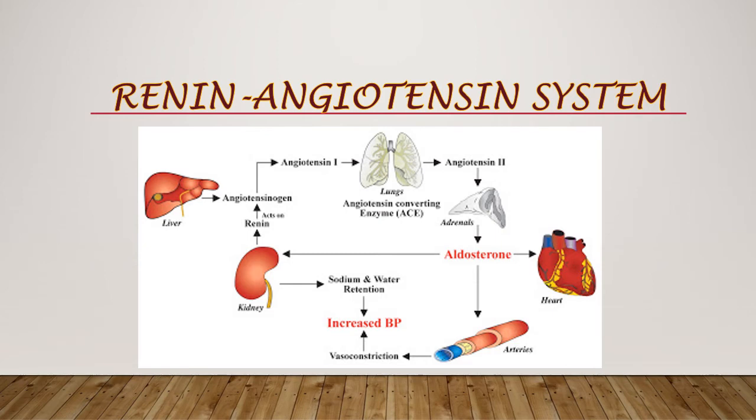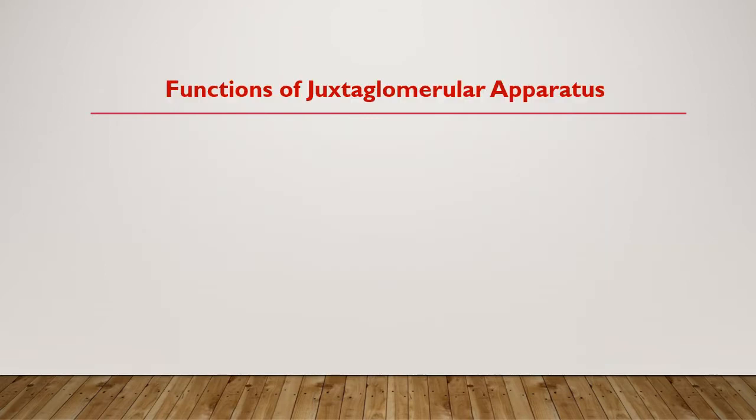So here I will tell you about the renin angiotensin system. It is a system basically concerned with the control of blood volume as well as blood pressure. Now before going into detail about the renin angiotensin system, just have a revision of the functions of the juxtaglomerular